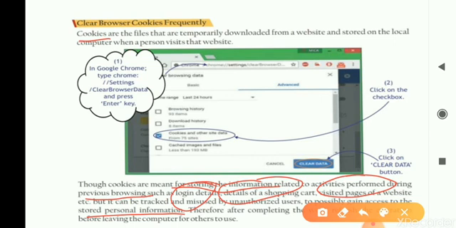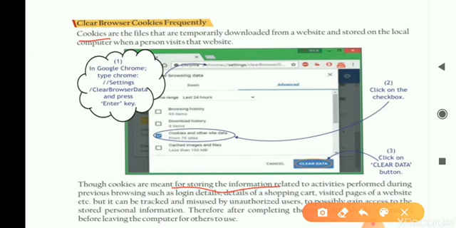I hope that you have understood what cookies are. Cookies are nothing but temporarily downloaded files. Cookies store information related to your personal information like login details, details of shopping carts, visited pages in the websites. They store other information also. Many pieces of information which you have given to the websites are stored. Understand? Now how will you clear the cookies?